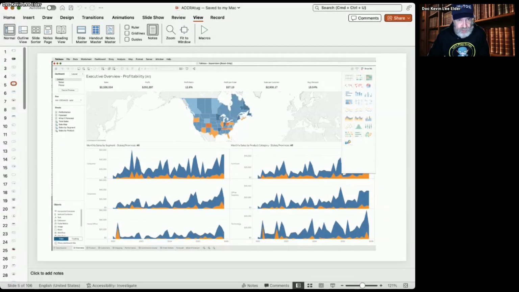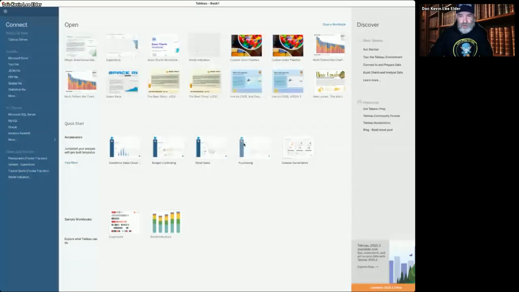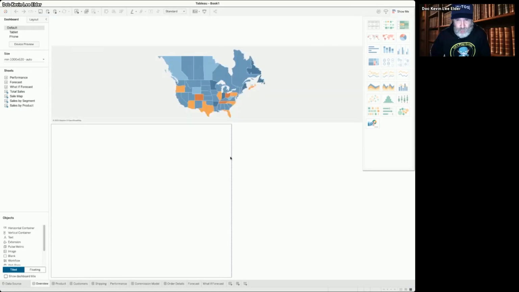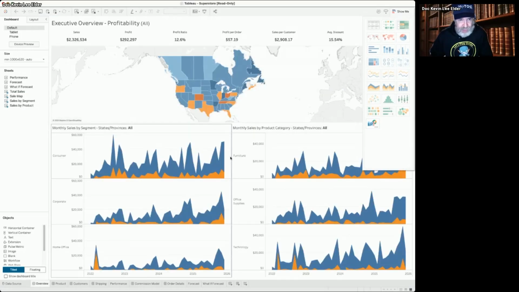And so one of the things that I like to point out, now you're in Tableau, you open it up, and a lot of times my students don't see this down here, but hey, here's Superstore, here's World Indicators. So we could just come down the moment we get into Tableau, and we can open up the Superstore. Everybody who uses Tableau knows there's the Superstore, and the Superstore is a really awesome data set that allows you to do so much so quickly and get a real feel for what Tableau can do.